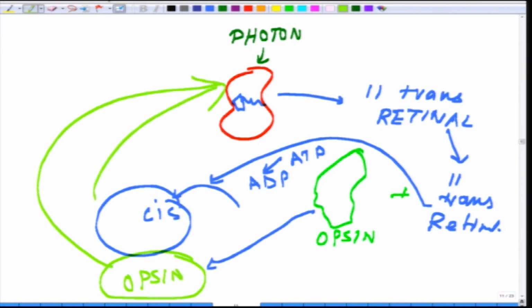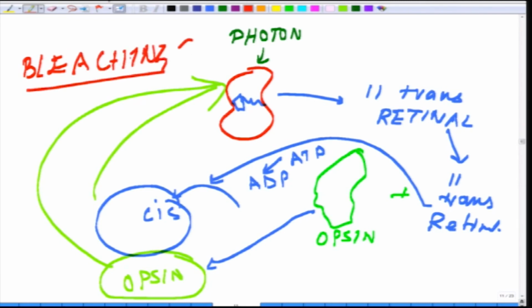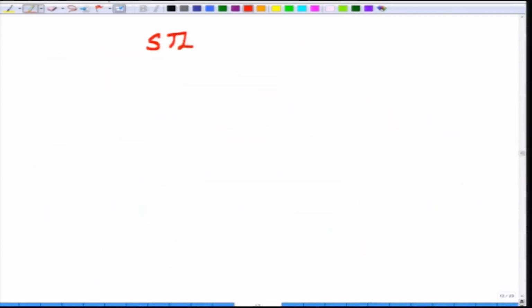So, this is basically what is being called a bleaching phenomenon. There is a kind of continuous bleaching taking place within the eye. Okay. But during that process, something else has happened. That is what we are going to discuss, how that channel remains open. So, what essentially happens in step 1, if we come back to step 1, was